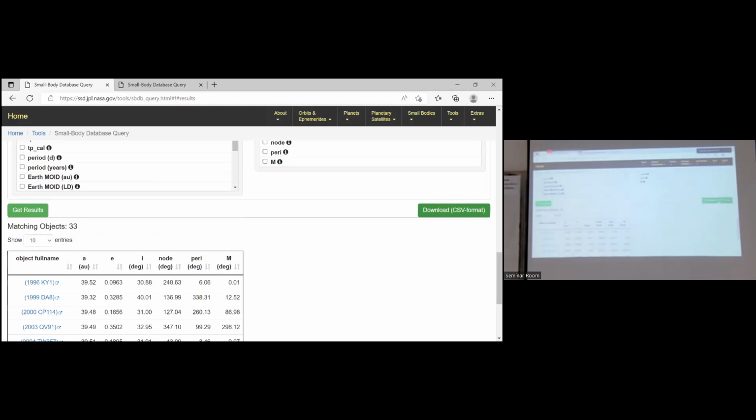But you should constrain the semi-major axis. If not, you probably have how many TNOs? 3,000? 5,000? No, 3,000 TNOs. So your computational time will be long.